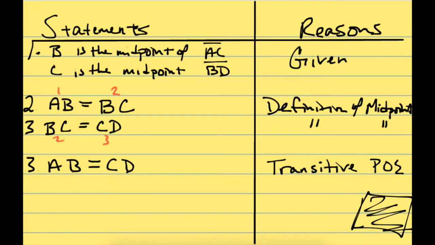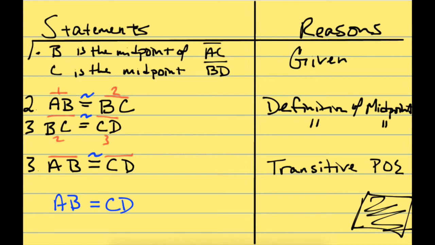Instead of saying that the lengths are equal, they say the segments are congruent. And that's true. That also fits the definition of midpoint. And then if they do that, you've got to make a separate step from the segments are congruent to the lengths are congruent, which is the definition of congruent segments. If the segments are congruent, then their lengths are equal. So you could throw that in there. I don't think it's necessary in this case, but in case you're wondering why the book looks different,